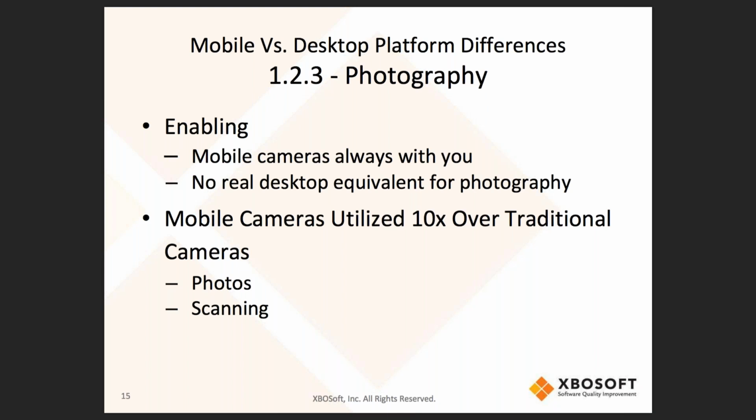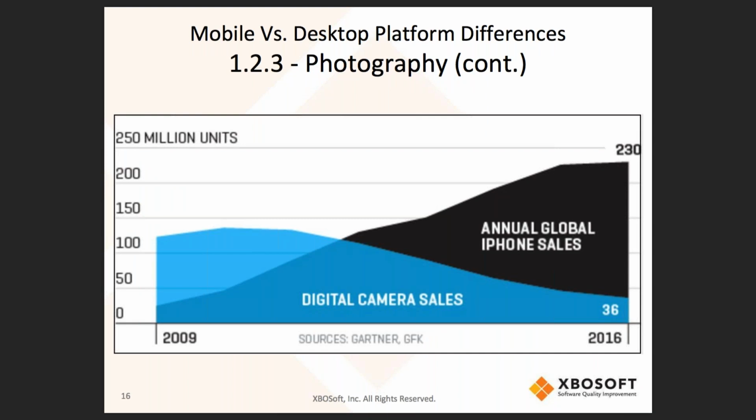As far as the trends, you could look at photography, the digital cameras, where sales are going down year after year, and then the iPhone sales, which are the phones that really made the impact for the cameras. You can see charted there that it just continues to increase, and this year will be another increase yet again.